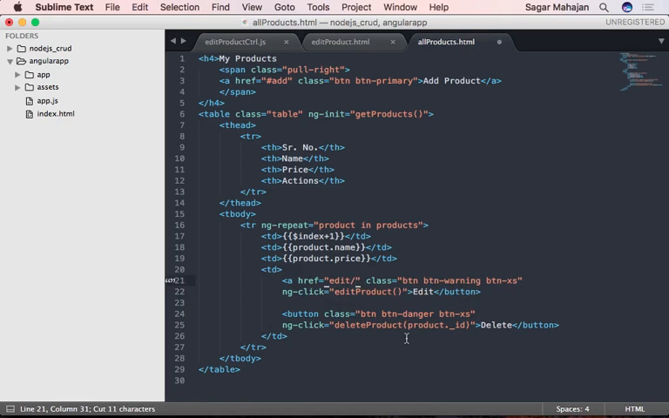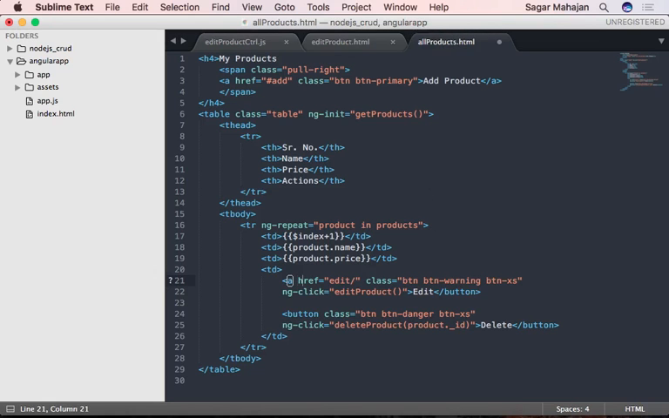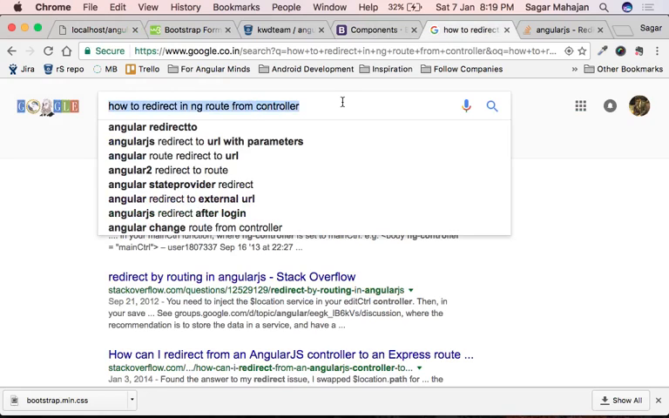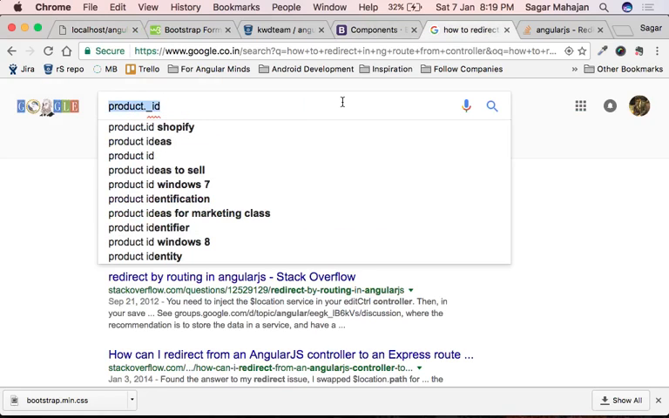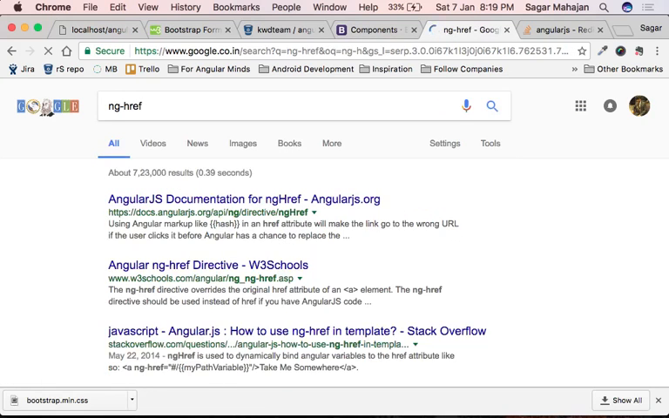ngHref, do we have something like that? Because if it is not, then I may have to write something like this, which doesn't look good to me. So let's search for that. Okay, so right here let's look for ngHref. Yeah, it's there, we can use that ngHref directive. How they are using it,